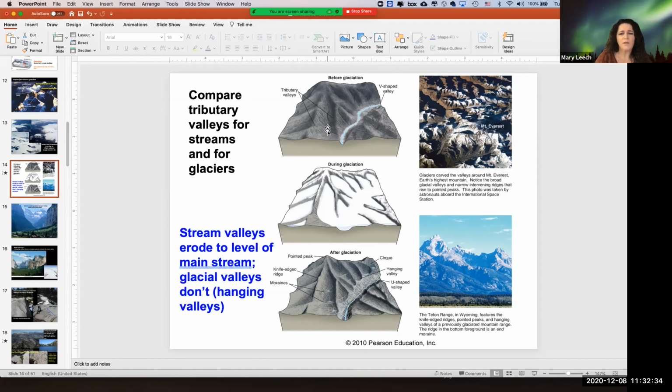So a tributary is one of these side streams that's in a watershed, an area where the water falls. All of the little tributaries are the smaller streams that feed into a larger river. So there would be little tributaries here that might be seasonal creeks, or they might be rivers that are year round, but they feed into a larger stream.